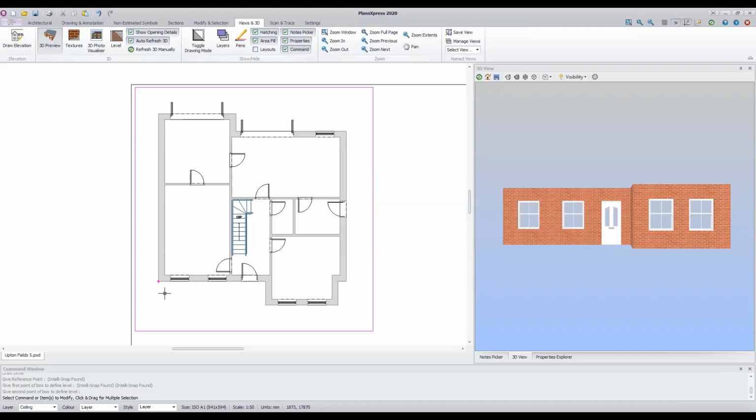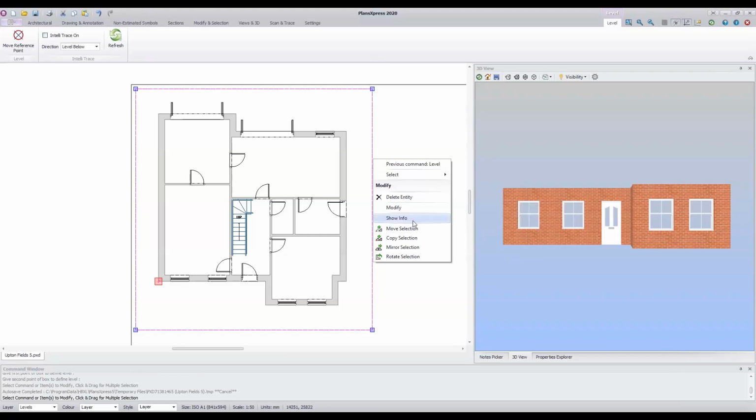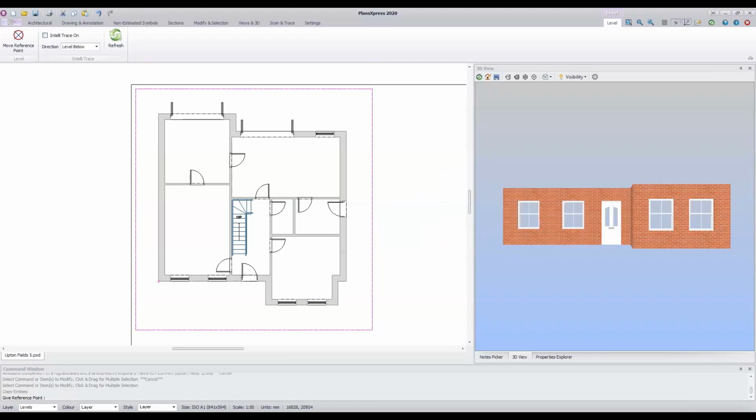So now we've defined that ground floor level, we can copy it and use it to create the first floor. If you click on the level, you'll get the dashed lines and you'll get those handles. That just shows you the level is selected. So that's great. Once it's selected, you need to click your scroll wheel on your mouse. If you click the scroll wheel, it brings up these middle click options. So there are different things you can do. And the option we want is the copy selection option. So if you click copy selection,